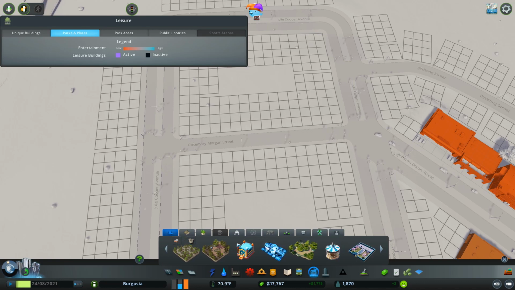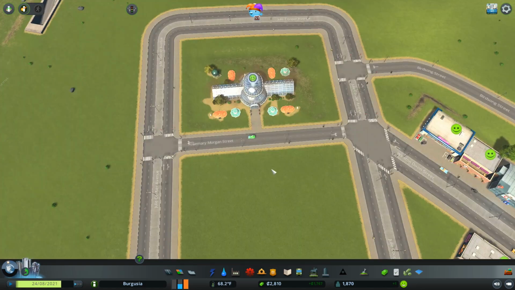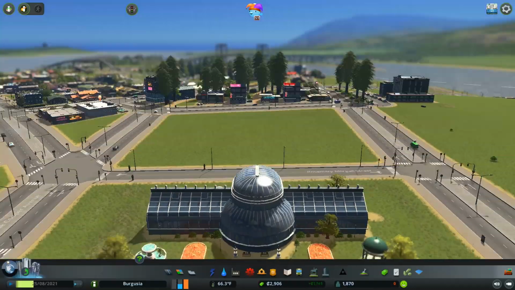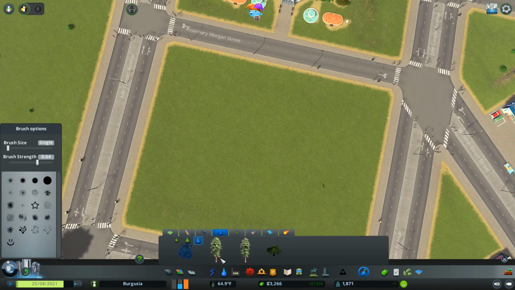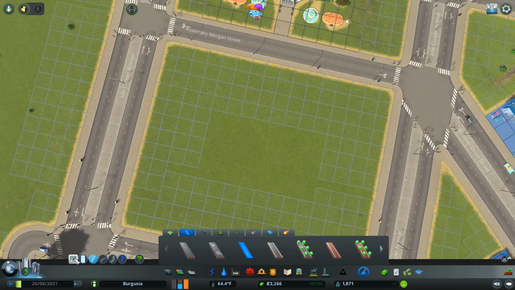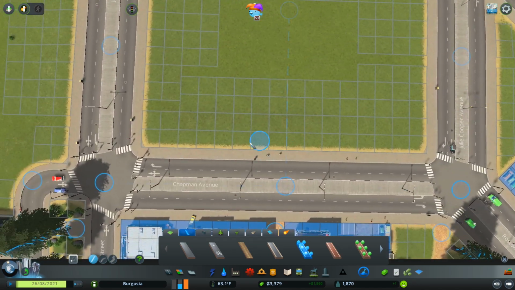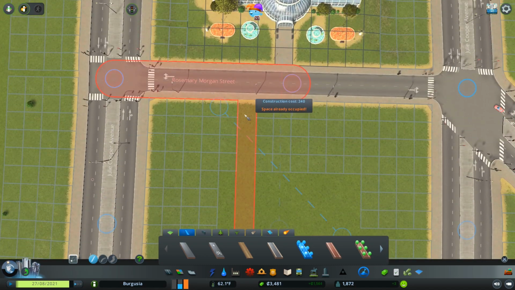Over here, so I want to use the botanical gardens for definite. I'm going to place this right there. Slightly annoying that it is just off-center, but it isn't the biggest issue in the world. Okay, so let's go ahead and have a look at this here. I want to go ahead and grab some of my dirt paths. I want to leave snapping on for this. So actually, I think I might use some of the park path with decorations. So I'm going to go ahead and leave 1, 2, 3, 4, 5, 6. I'm going to go in the 6th space